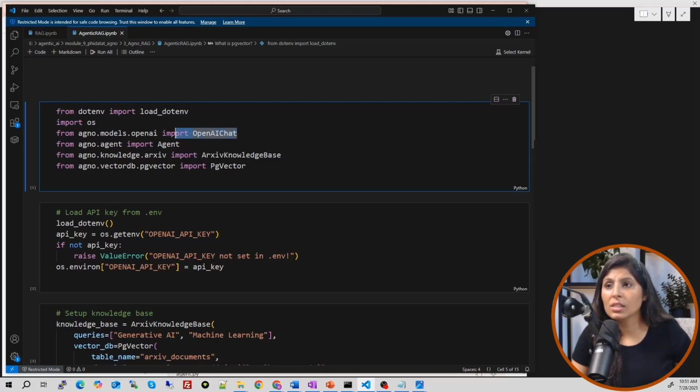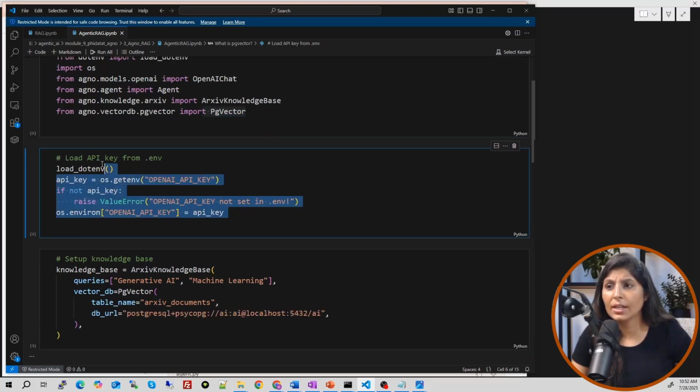And then this, because the LLM which I'm going to use is OpenAI's LLM, that's why I've written this. To create the agent, you need to import this package. Then the archive knowledge base, because the agentic RAG application which we want to build today will pull new papers from the archive website. So real-time data fetching will happen because of this. And then this, to store the embeddings in the PostgreSQL database, we need this plugin, okay?